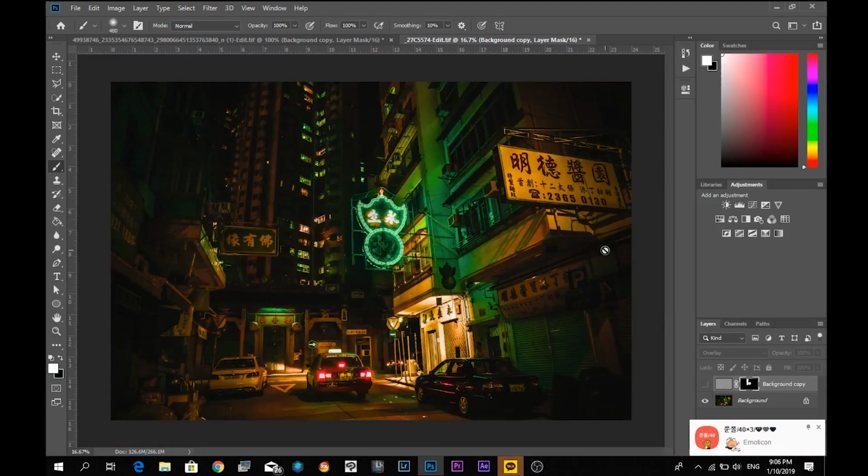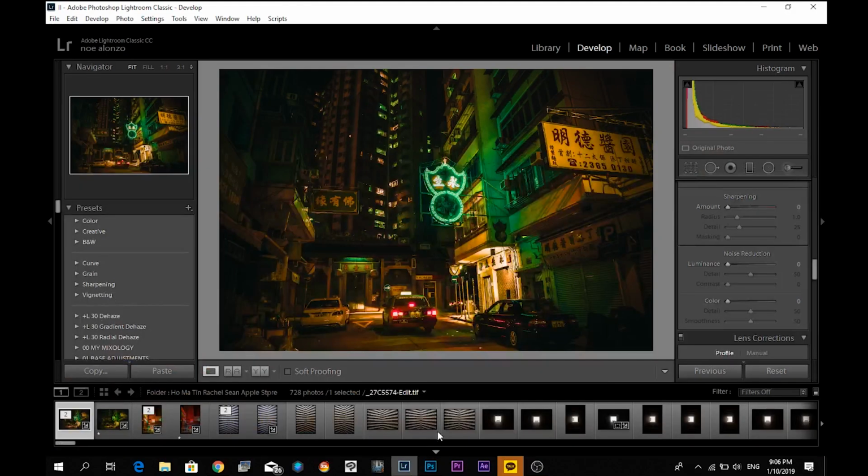And that's it for this tutorial. This is something I usually use on my landscape pictures. I don't usually do this in my street photography pictures, but every now and then I'll take a picture that's slightly out of focus, and a little bit of sharpening helps. So yeah, hope that helped you guys,